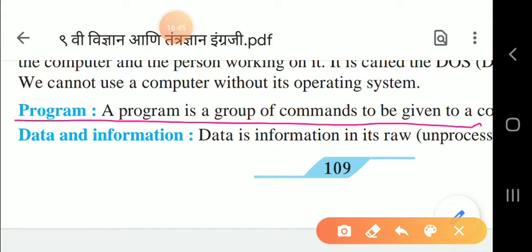Now, data and information. Data is the information in its raw or unprocessed form. So this is all about these important components of the computer. Now let us see